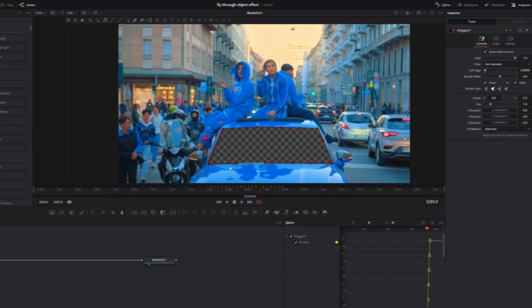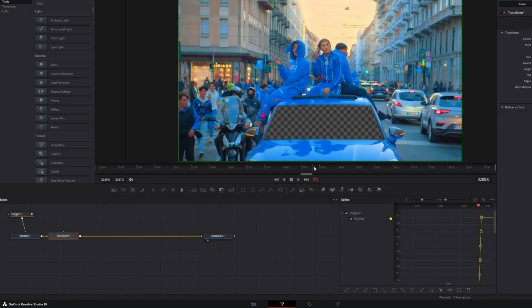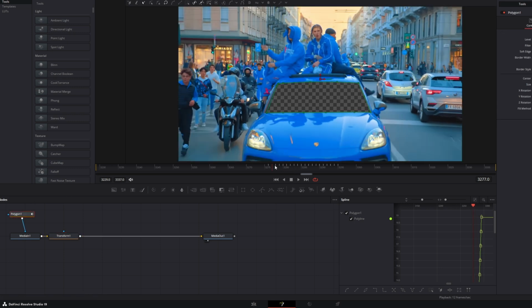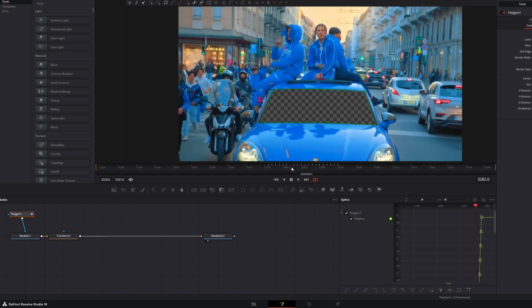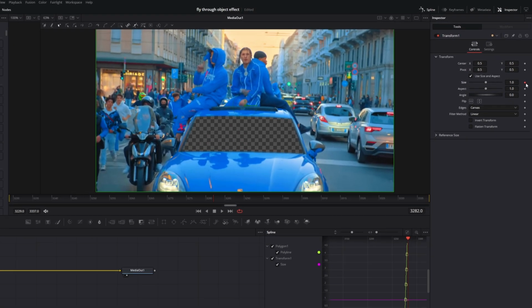And now I select my media in one node and I add a transform node. Now I set a start point for the zoom in animation, so I go to like one of the first frames, then I select my transform node and I create some keyframes at a size value and the center X